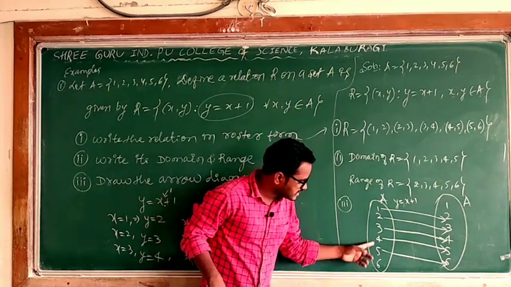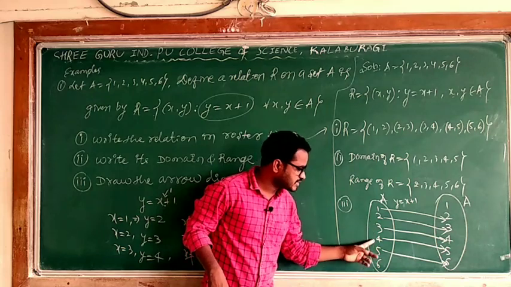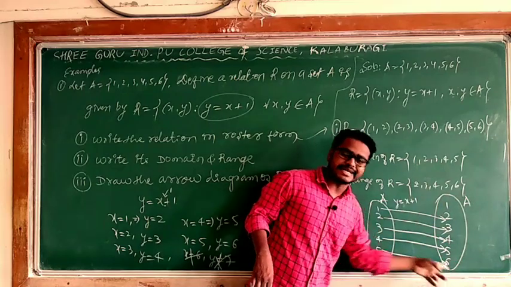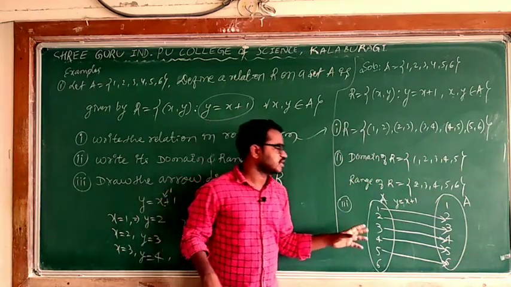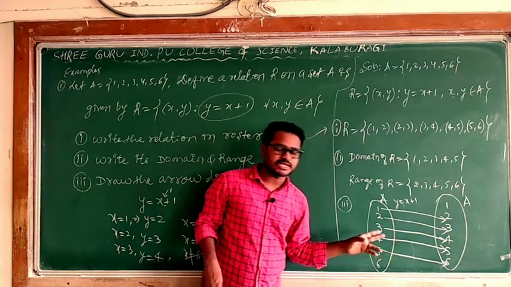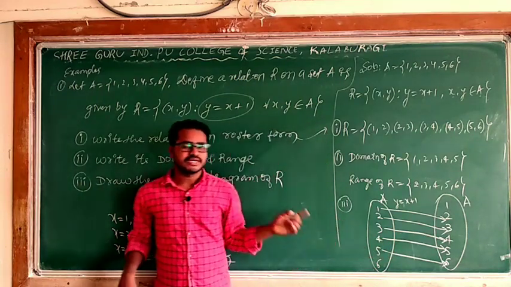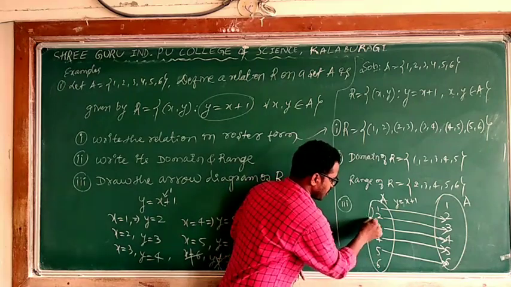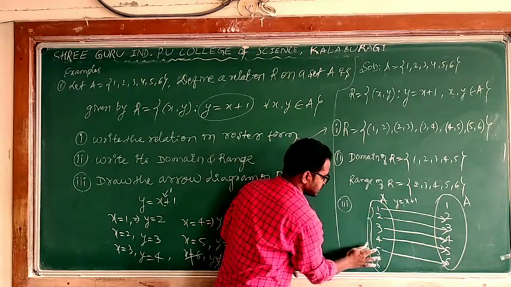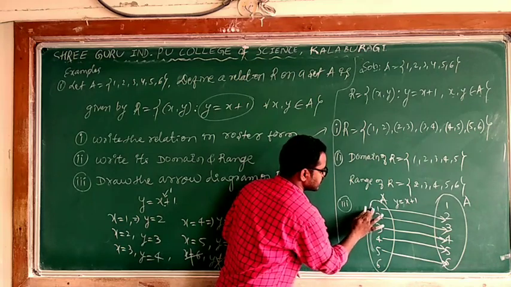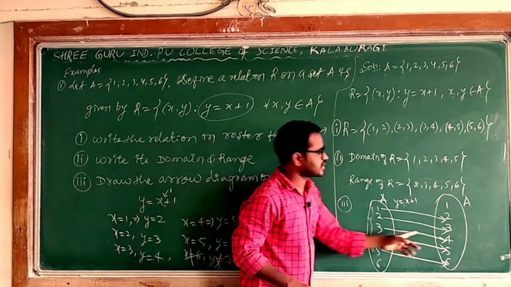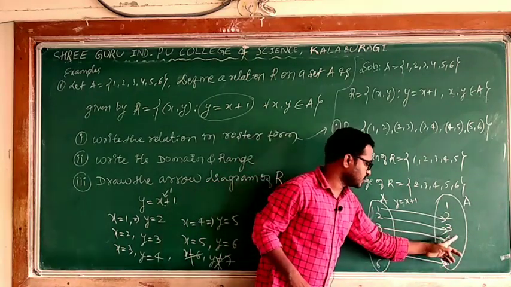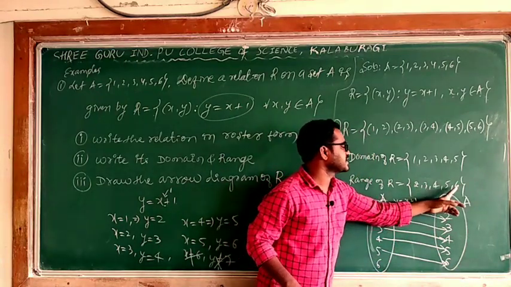The connected elements from the first set A form the domain. The connected elements of the second set form the range. The whole second set itself is the codomain. Here both sets are the same. The codomain is always the given set. The elements 1, 2, 3, 4, 5 connected from the first set are considered the domain. You can say these are the images of the first elements: 2, 3, 4, 5, 6 is the range.